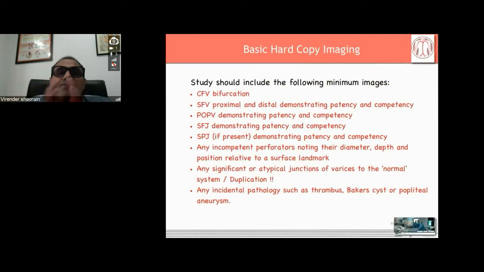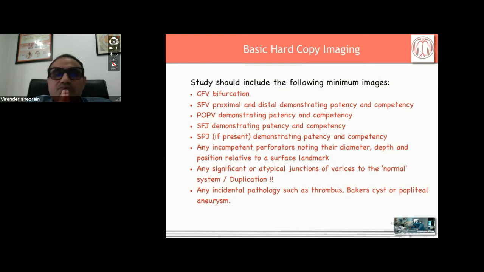So if you are not a treating physician, you are a sonologist, and somebody has referred a patient to you, please try to give a basic hard copy imaging. The study should include the following minimum images. I usually start with iliacs and IVC, but at least this much is expected: a CFV bifurcation and SFV proximal and distal demonstrating patency and competency, popliteal vein demonstrating patency and competency, SFJ, which is the saphenofemoral junction, and SPJ if present, demonstrating patency and